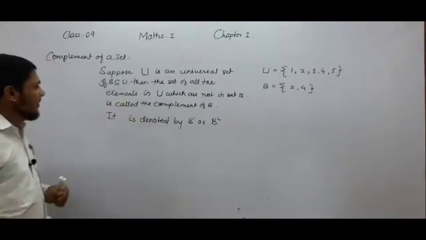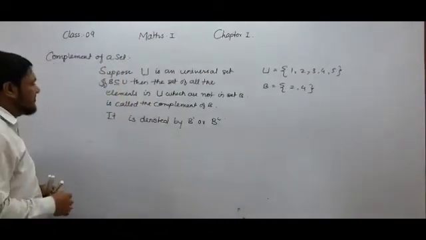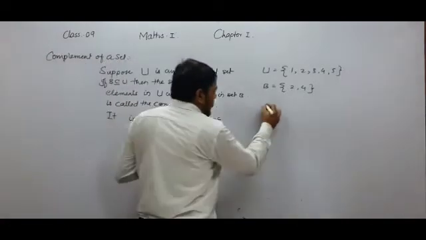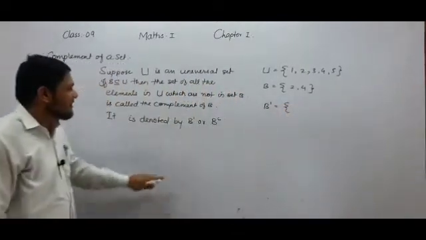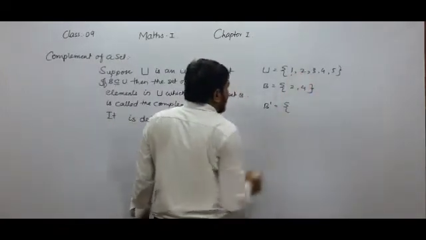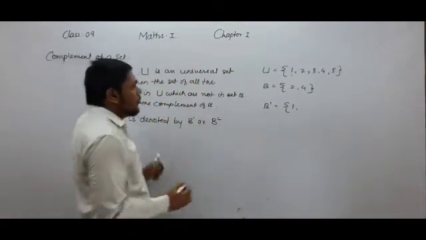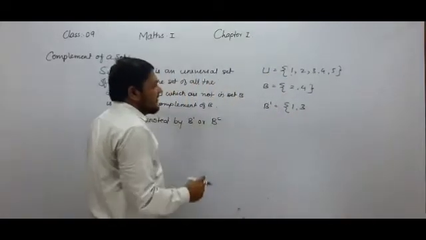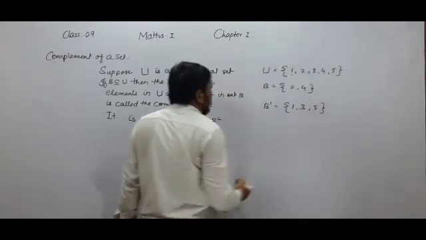Then the set of all the elements in U, that is, we consider one set in which there will be all the elements in set U which are not in set B, is called the complement of B. We will denote the complement of set B as B complement, and we will write the elements. We have to take the elements which are in set U but are not in set B. So 1 is in U but it is not in B, so we will take 1. After that, 2 is there in set B, that is why we will not take 2. Then we will take 3 because 3 is in U and it is not in set B. After that, 4 is there in set B, and now 5 is in U and not in set B.